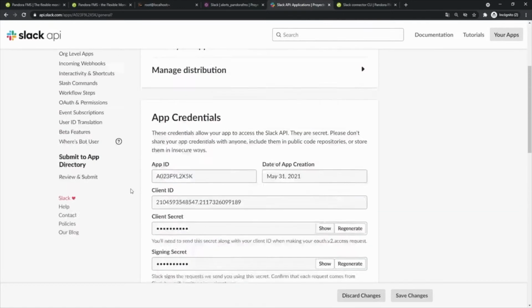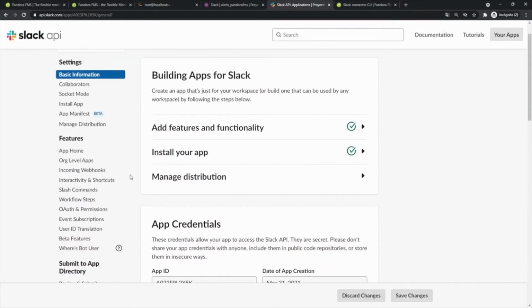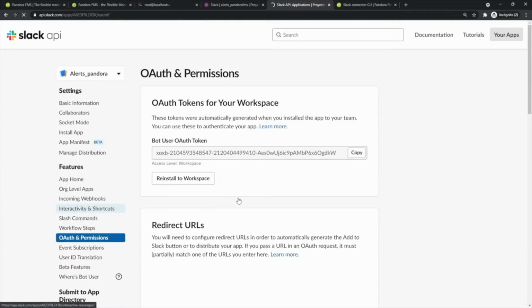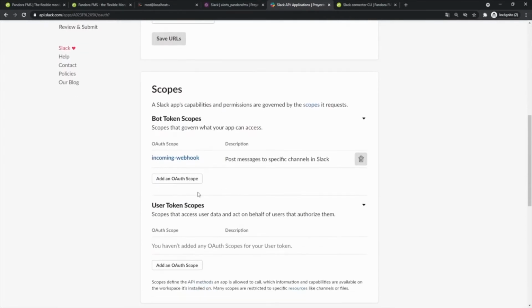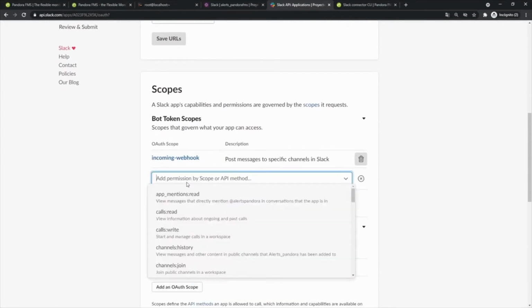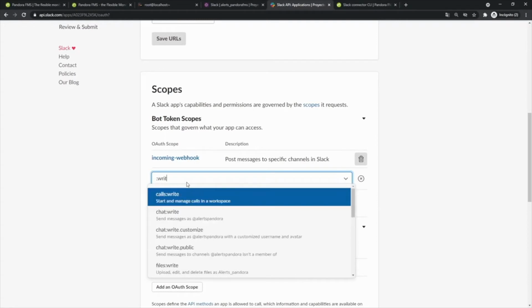The following step is to go within the same menu to the section OAuth and Permissions. Here we will do a couple of things. On the one hand, we will copy the OAuth access token for bot. This will be the token that you will need for the execution of the connector. And on the other hand, you will need to give explicit permissions in some cases to the webhook to be